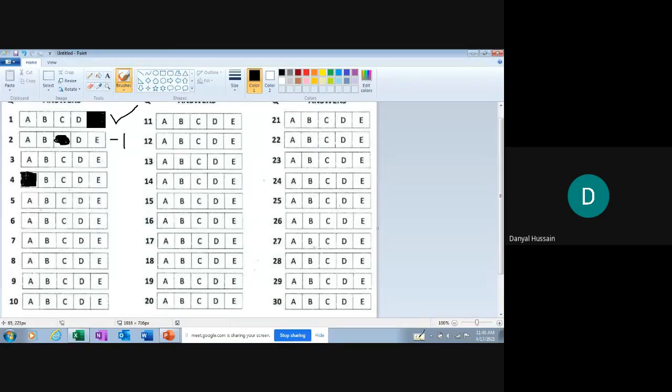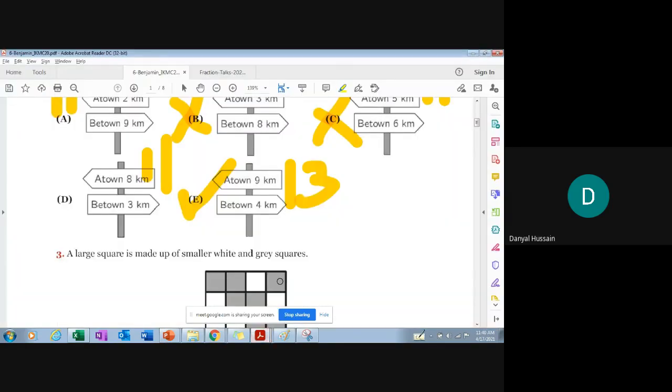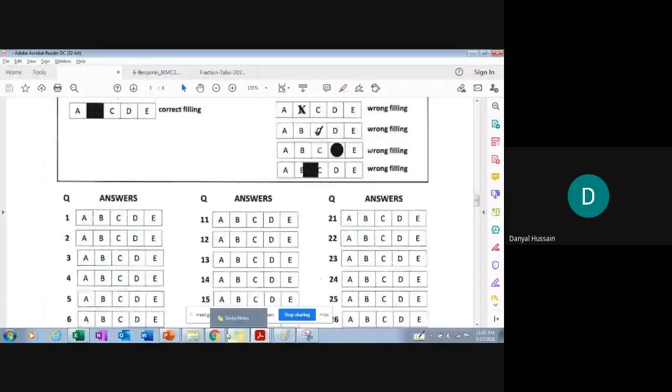If you are selecting the wrong option, you will also get negative marks. Selecting any option on the question booklet will not give you marks and will not lose your marks, because the question booklet is yours, you can take that booklet home with you, but the answer sheet you have to submit. So be careful while filling the answer sheet.